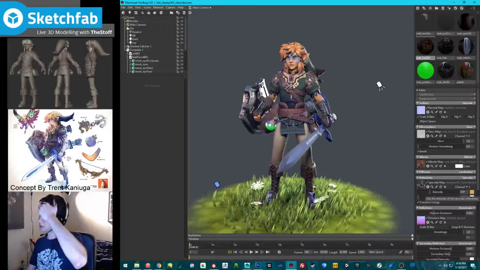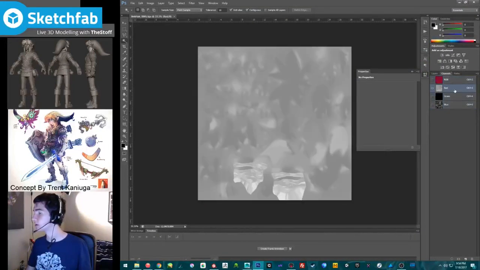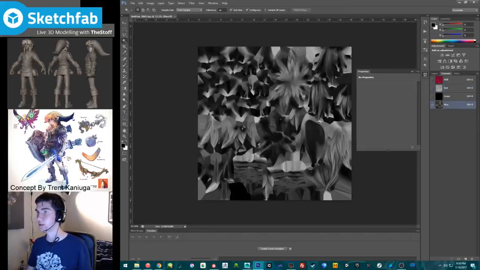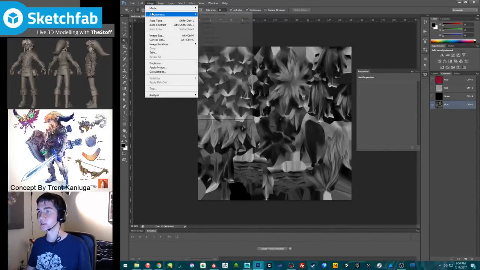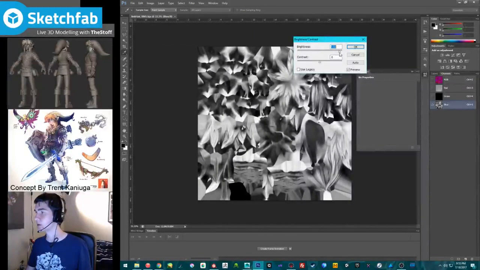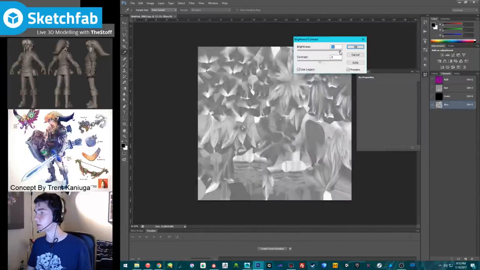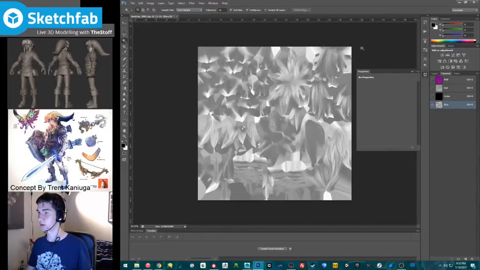I guess that means that the specular, I should really reduce it to like 0.9. Wait.